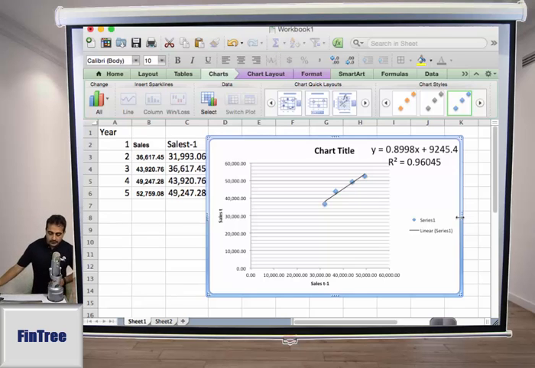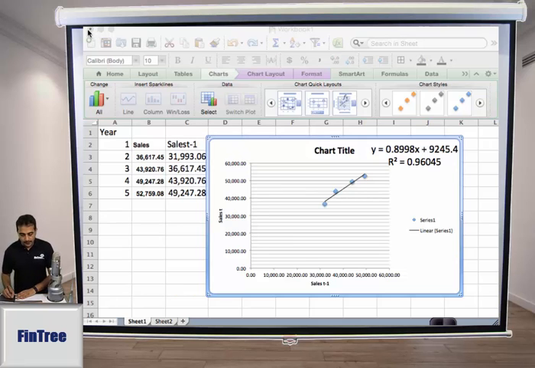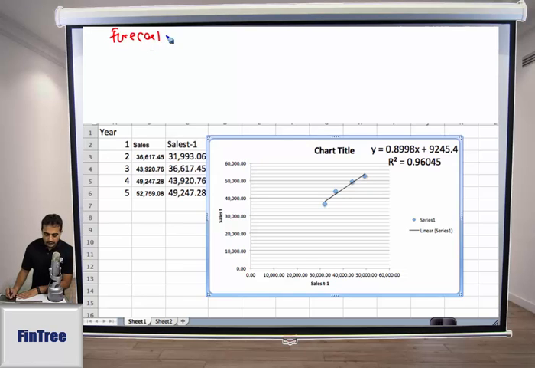And then how do you forecast sales of year 6? Okay, so below that you can write down forecasted value of year 6 using AR1 model, and that would be